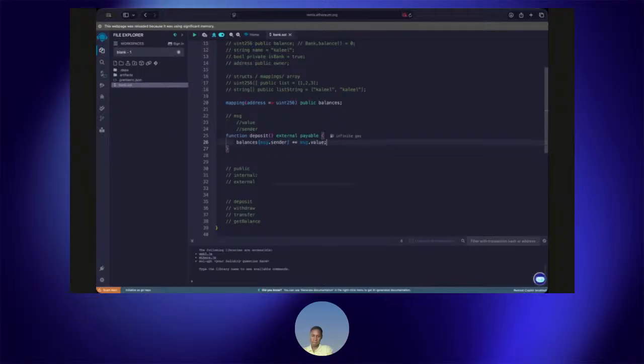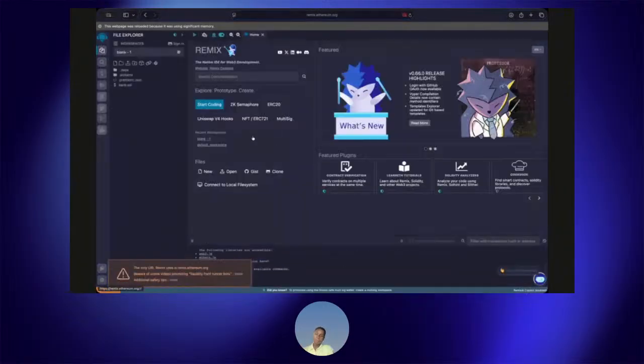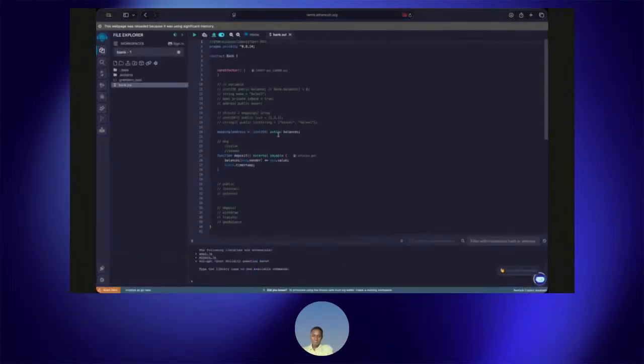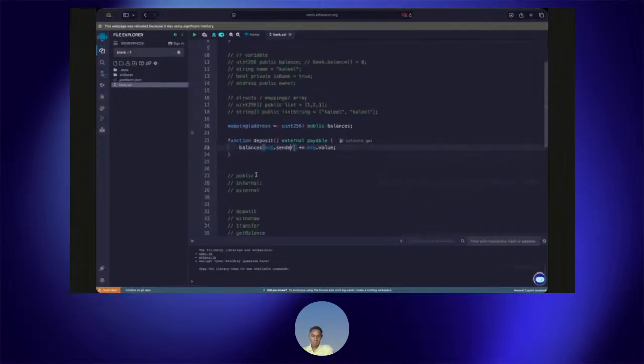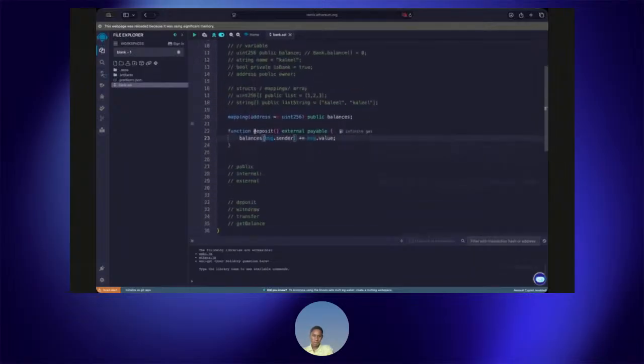So block.timestamp allows you to get the timestamp. And we have a lot more. So this allows you to have your function predefined, so someone can just do a deposit and you can specify the message.